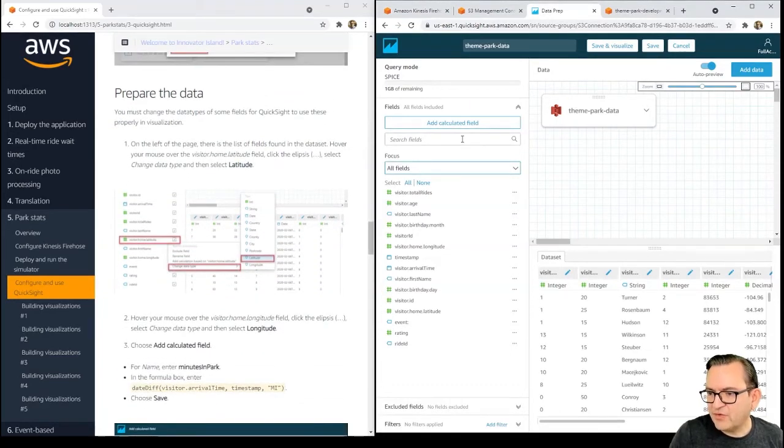So the first thing we want to do is prepare the data for Quicksight. What it's done is it's looked at the data in our S3 bucket and determined these are the fields or the attributes it's finding in the JSON data that's being stored there. The only thing we want to do is change the latitude and longitude to be geographic data